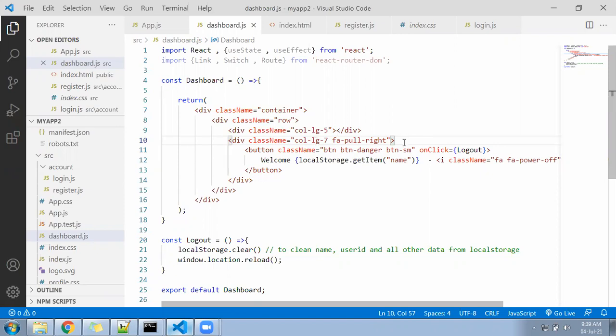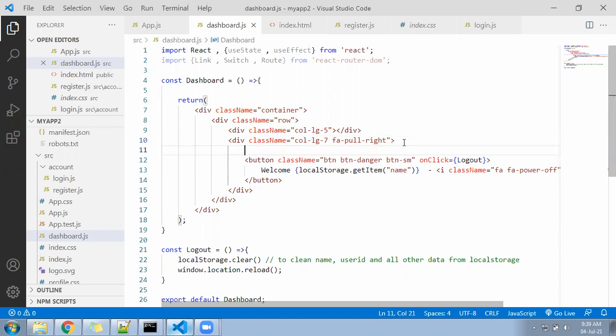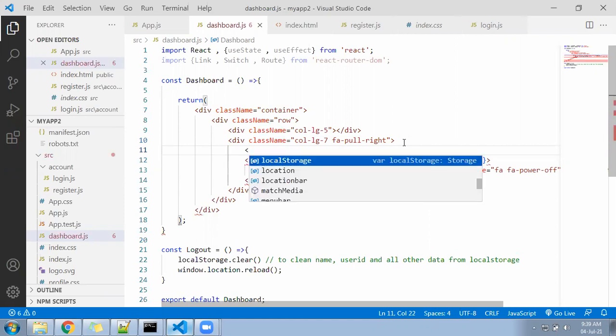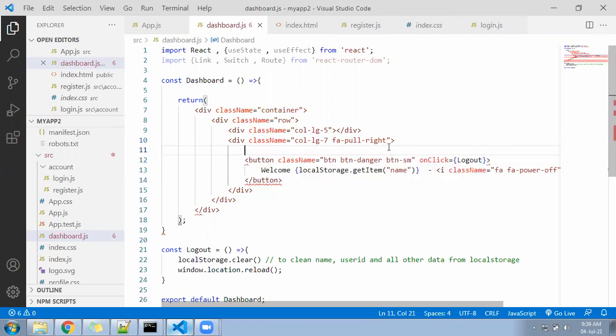Okay, we should give it to the button also, not the div. Inside, pull-right is like float right. No, you should give it to the button also. For the button, we want all the content. For me it's working, you have given it for the button. Yes.